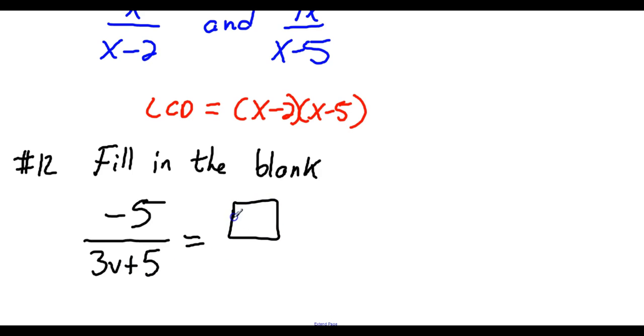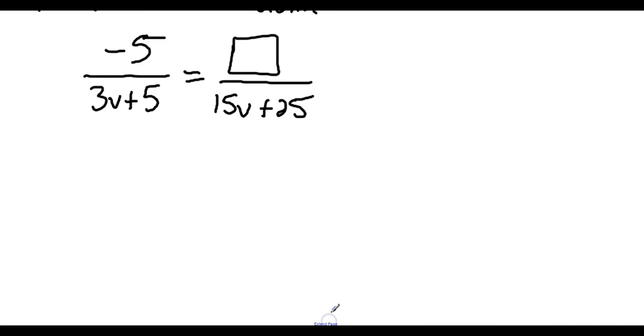That equals, there's our blank. And for the denominator, make it 15v plus 25. And a couple options you can do on this one. Basically for this part of it, they're just getting you ready for the next part where we're going to add and subtract. So all you have to do for this one is they've kind of given you one